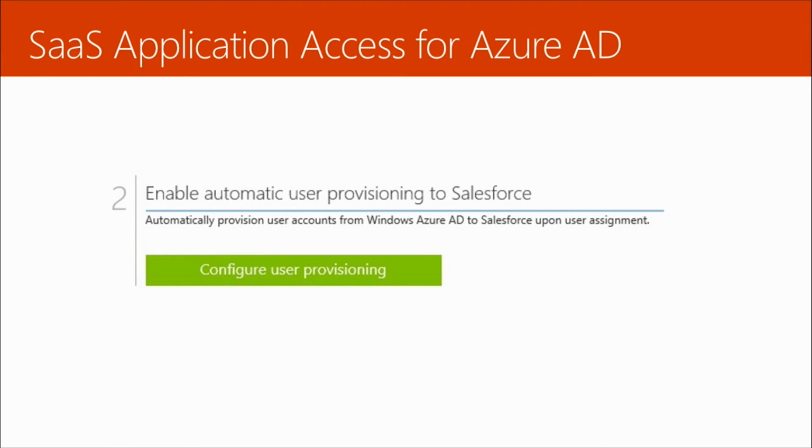In the second one, we look at user provisioning, and this happens once we light this up with the application. This is where we can automatically provision user accounts from Azure AD to Salesforce or whatever your SaaS application is. So this synchronizes that user account up to that. As an example, in the current customer I'm working with, they have an HR time and attendance application, and they don't have this. So they have to do a manual process. When we have user accounts on premises, they actually have to export them out and take them over to the third-party application. But in this case, some applications will do that magic for you, which is really nice.